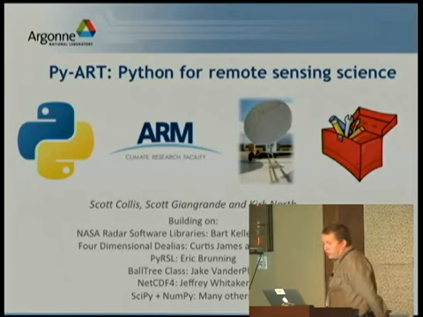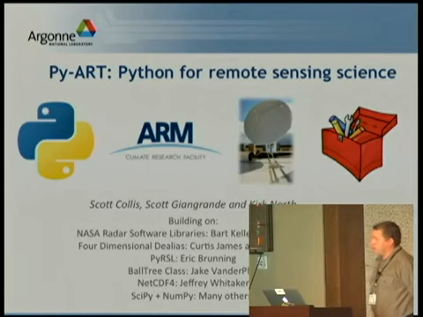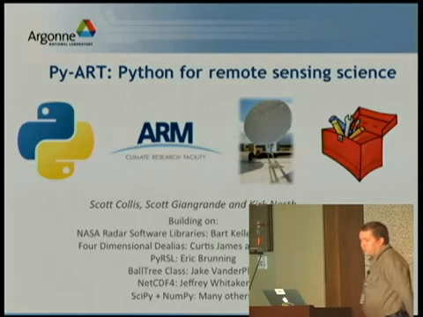So this is work I've done built on the NASA radar software libraries developed at Goddard by Bart Kelly and David Wolf, four-dimensional de-alias code by Kurt,